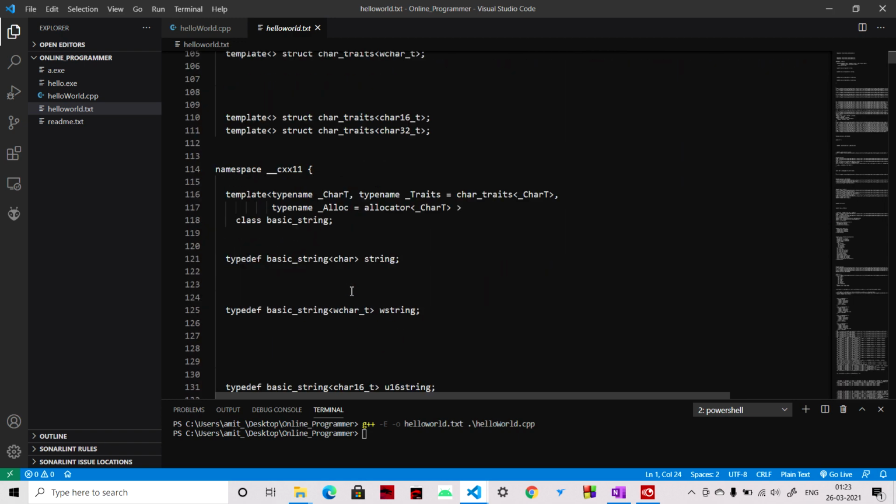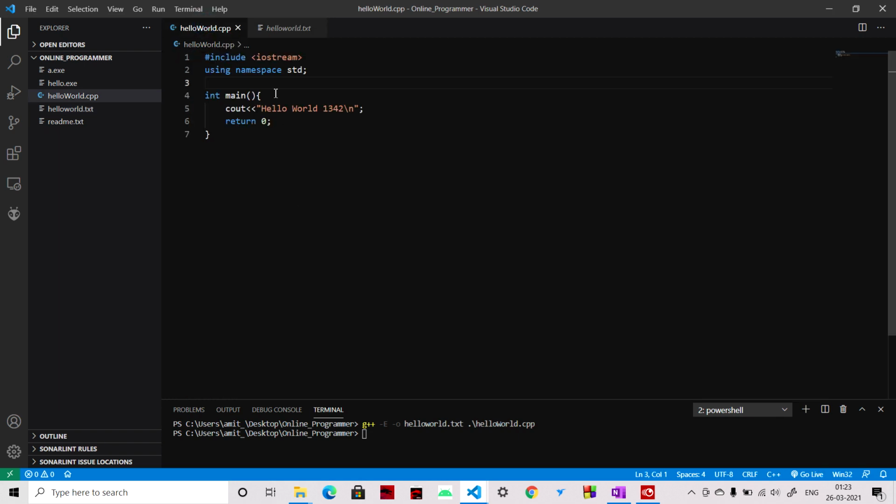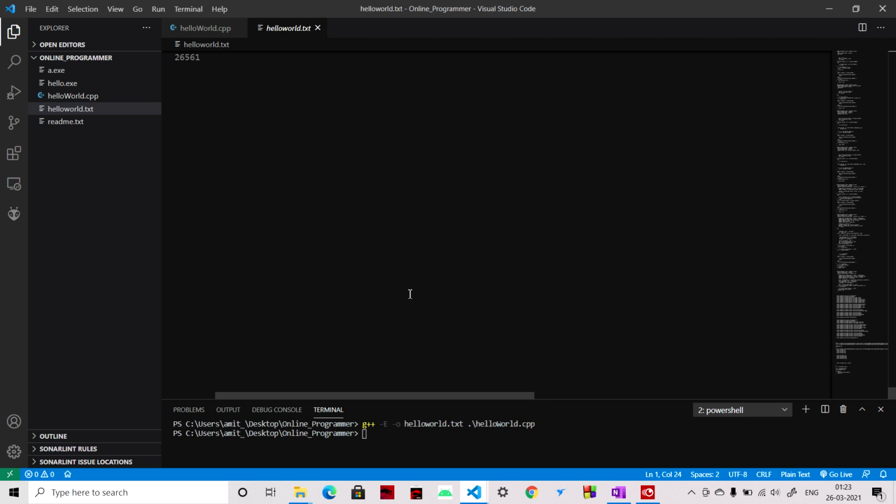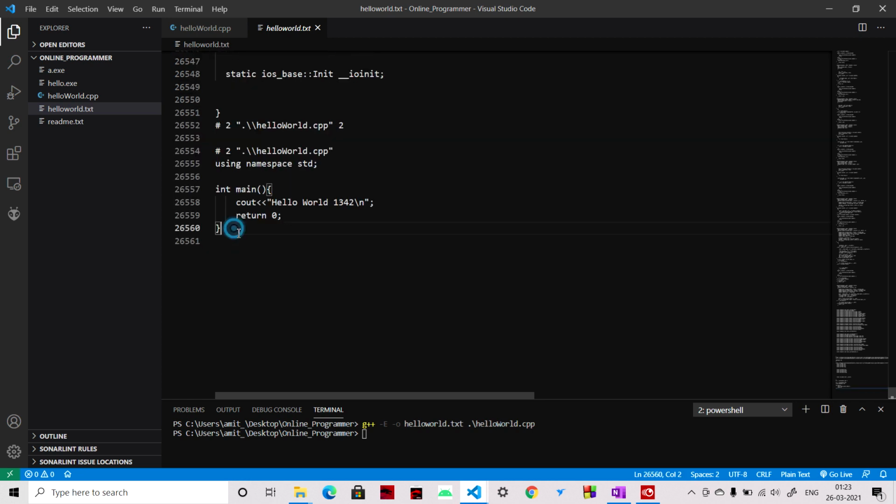Since you included this on the top, if you go to the bottom you can see the source code that is included from hello world.cpp. This pound sign tells the location of the file, and from this location it is included. So see, this is a really big file.